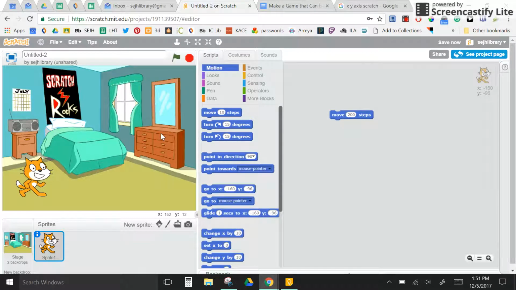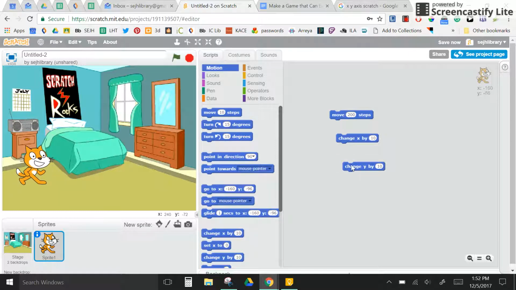There are some other really important things to know about Scratch. One is that the cat will move on the X, Y axis, just like in math. So if you wanted the cat to move left to right, you would change its X coordinates. So I could say change X by 10 instead of by tiny steps. I could also make the cat go up and down by changing the Y axis. So if I click the Y, I'm going to move up 10 steps,